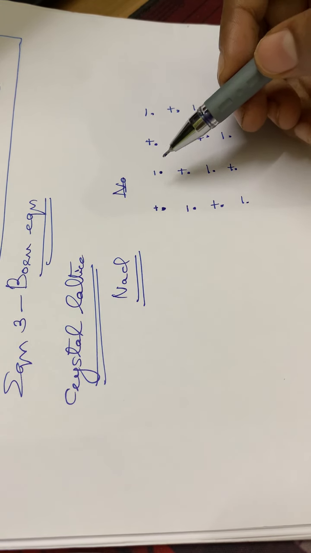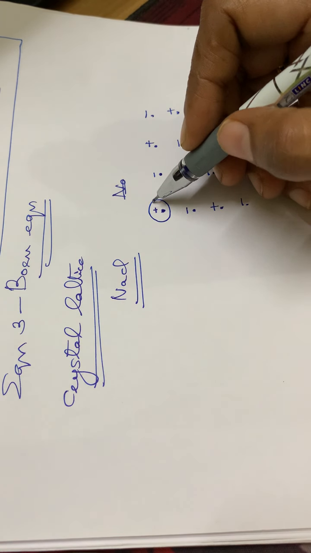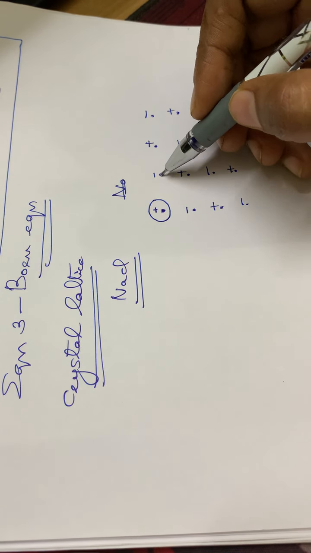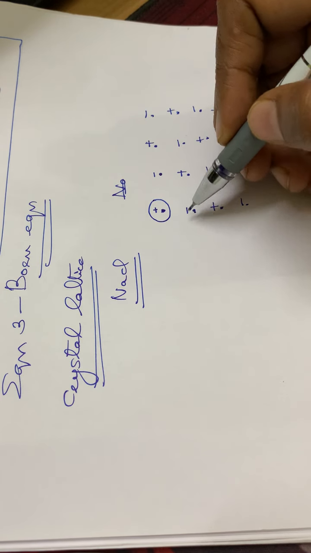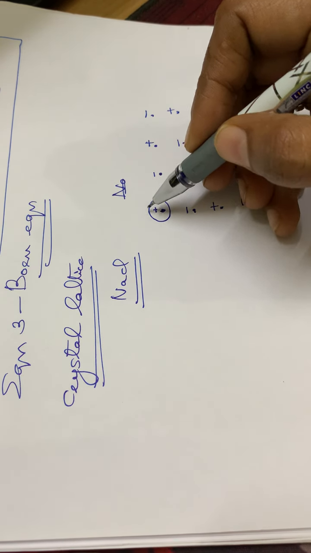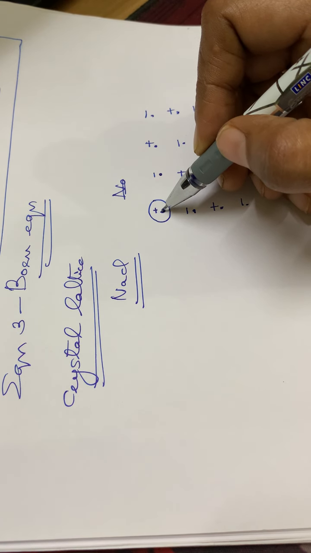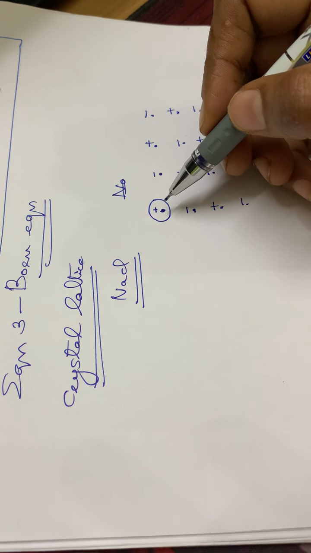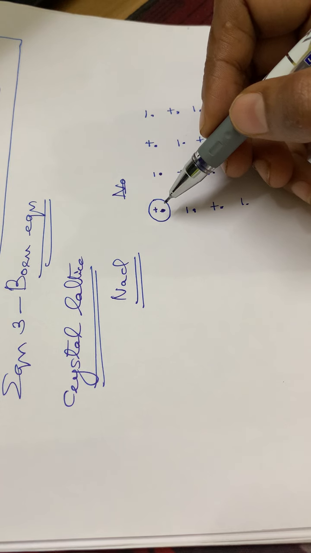So in the case of a crystal lattice, this Na plus is surrounded by how many opposite charges? Here one negative charge is there. Similarly, on the back side of this Na plus there will be oppositely charged ions, so you have to consider it in a 3D manner. Please wait for a few seconds.